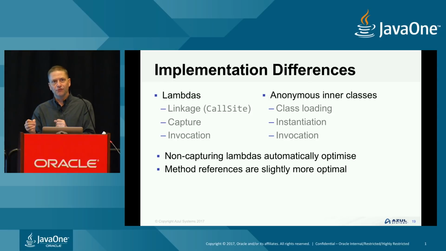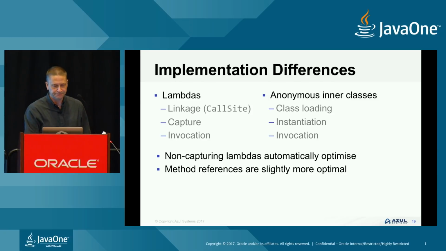If you're using a method reference, you don't need to do that because you already have a method reference, so you don't need to create a new one to put a call to another method in it. So the compiler will simply ignore having to create a new method and will just use the method reference directly. That way, if you use a method reference, it's actually more efficient than using the same code as an